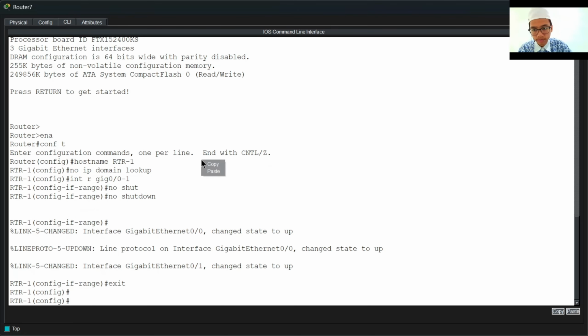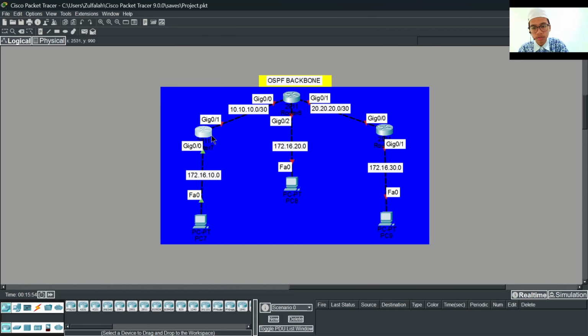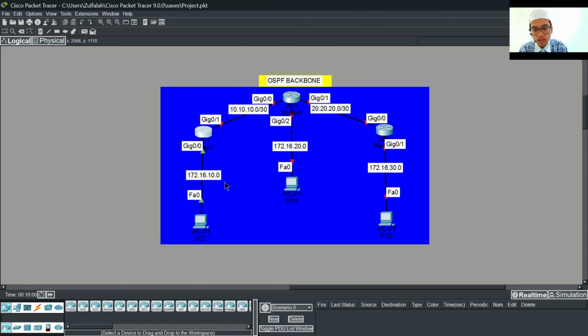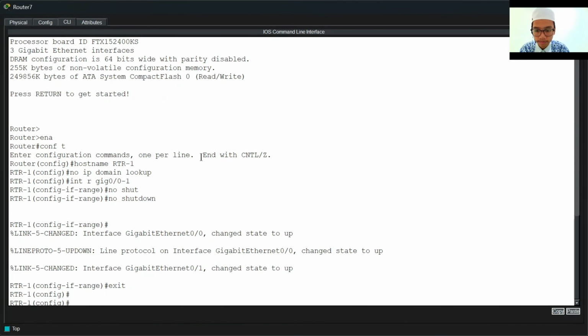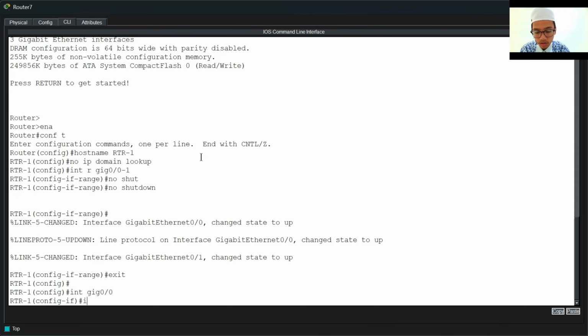After that we add an IP on the interface. For example, on gig 0/0 we add IP address 172.16.10.1, and then the subnet mask.